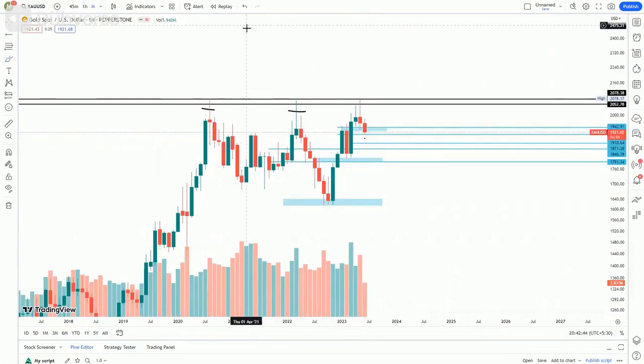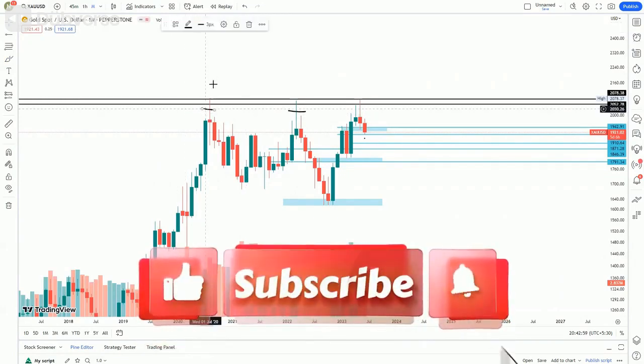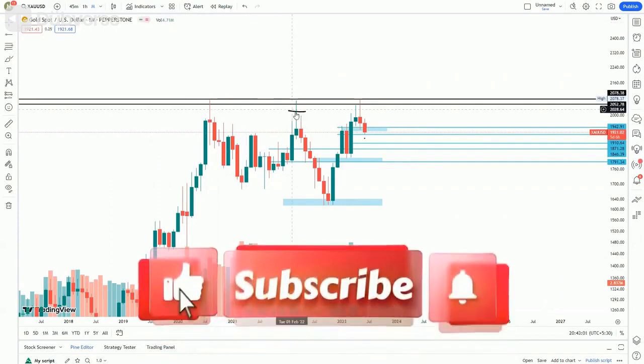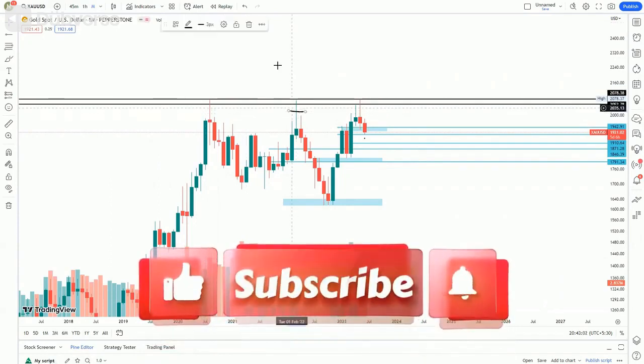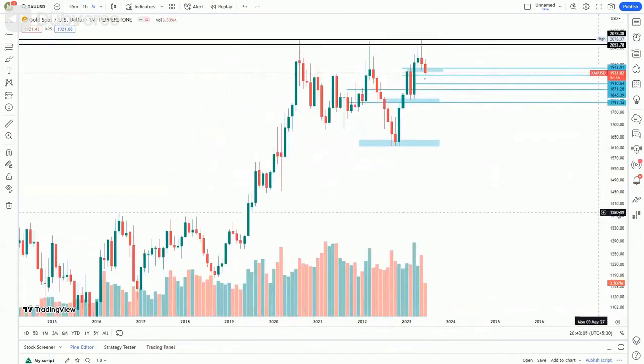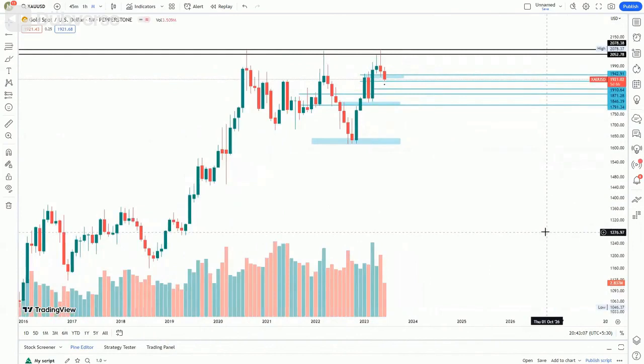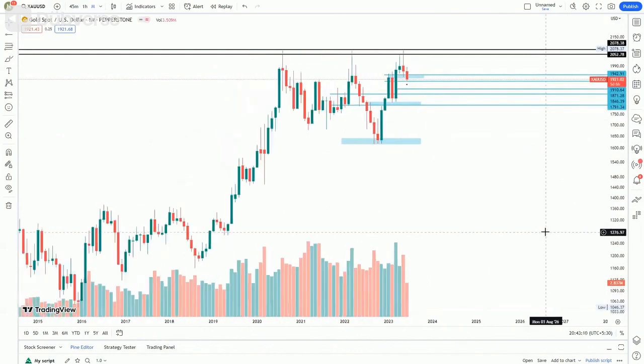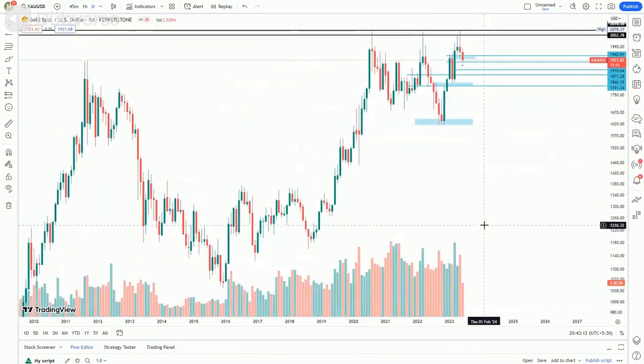What does this mean? The market is not interested in going to buy. Big players or hedge funds are not interested in simply bullishing the market. So this is the first sign for us that the market is not bullish. So if anyone is thinking that the market has broken the all-time high and made a new high, then the market will go to 2,200, that's not how it works. We have to follow the sentiment of the market.